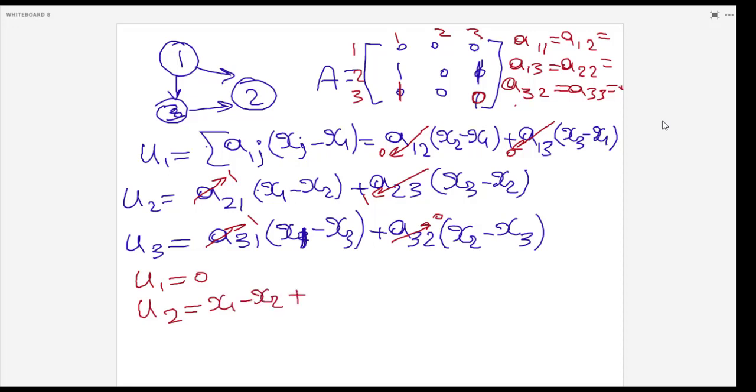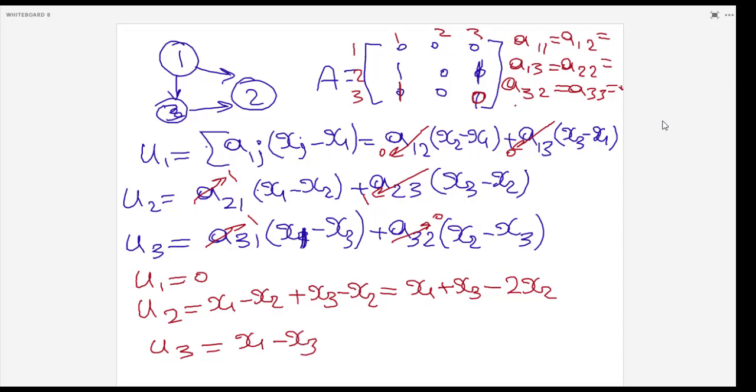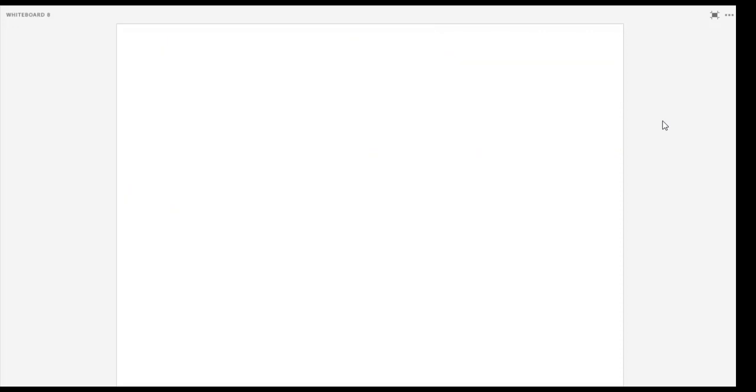U2 equals x1 minus x2 plus x3 minus x2. This is x1 plus x3 minus 2 multiplied by x2. U3 equals x1 minus x3. This means the closed loop